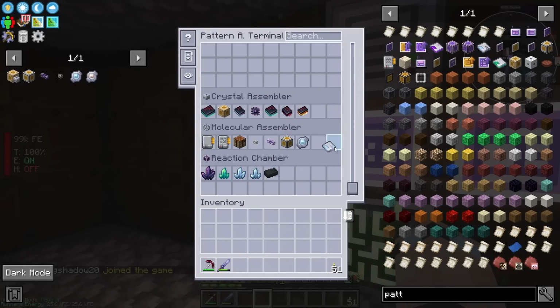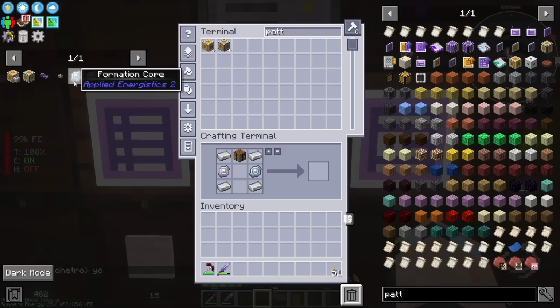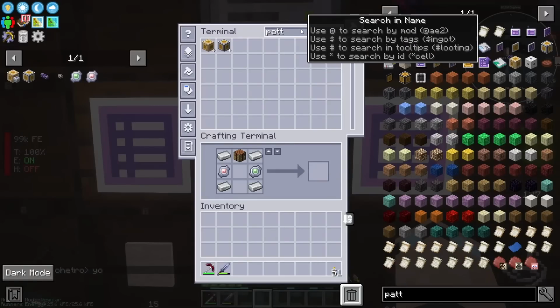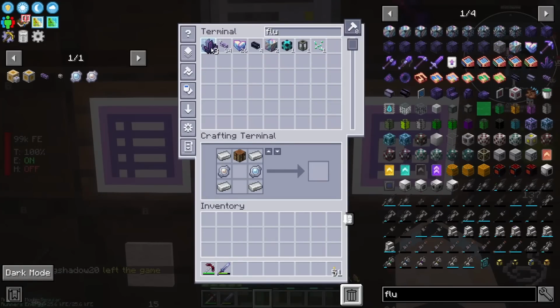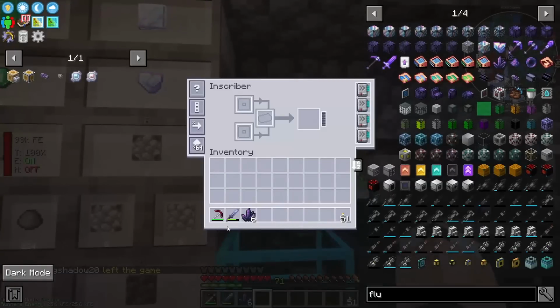So I'm going to pop these two in. Now, it might ask us for some fluix dust. If I do one of these now. Yeah, two fluix dust. So we're going to get six fluix, just like that. And we're going to crush those up, and we're going to try and make